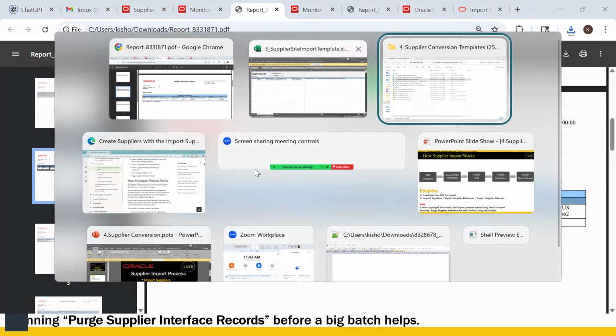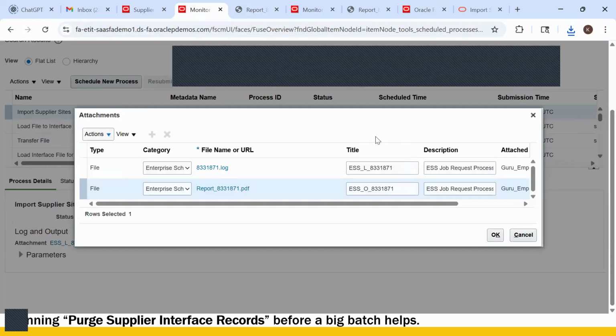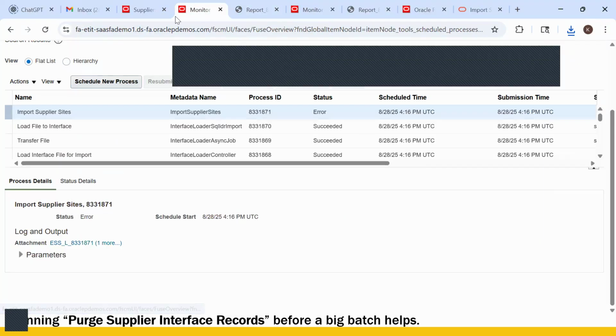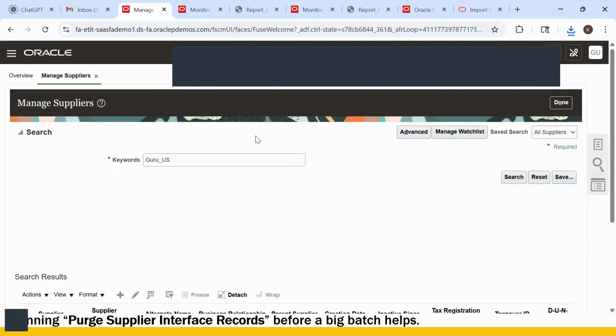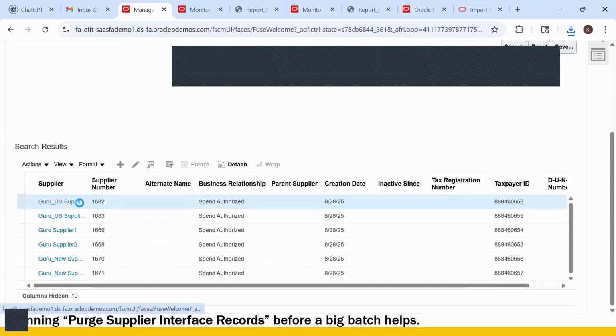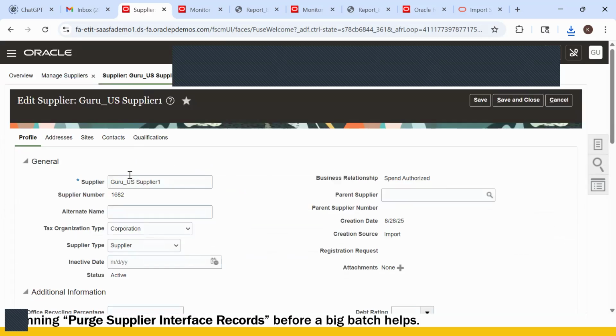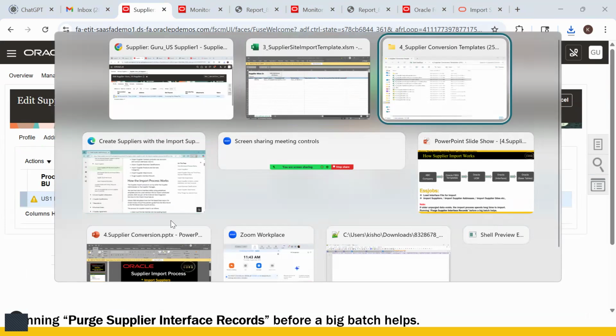Okay. So in our case, we already have supplier one, right? Let me continue the testing with supplier one alone. This is just a naming typo. I mean, an unnecessary space has been given in the Excel. That's the reason the data was not created. But this one anyway was successfully created, right? Let me use this for